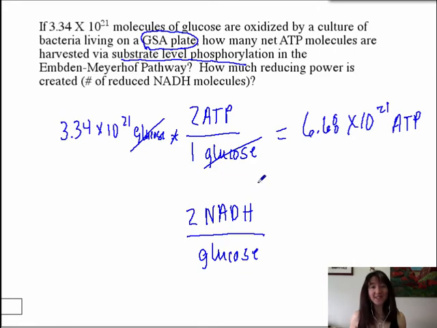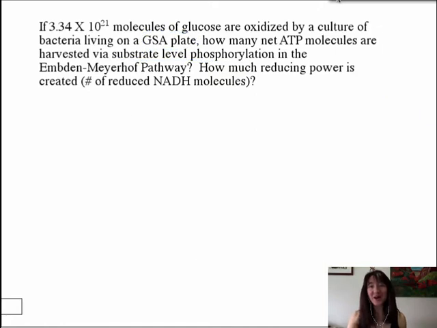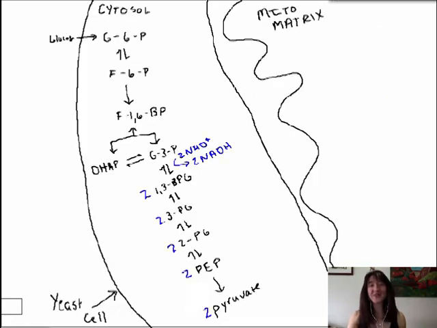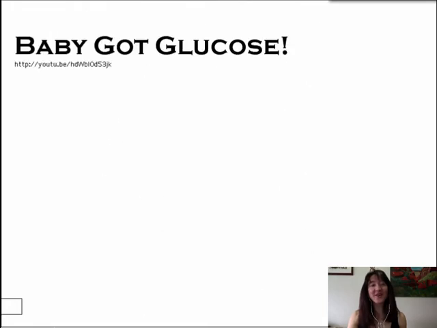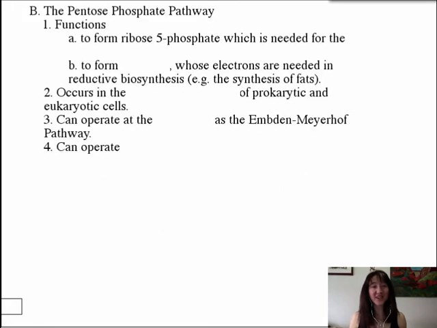We need to now proceed along to talk about an alternative glucose degrading pathway. This pathway is called the pentose phosphate pathway. I kind of like its alternative name, the hexose monophosphate shunt. And I'll show you why I feel like that is a very descriptive name for the pathway. So the hexose monophosphate shunt. In this pathway, I'm going to label it by both of its names, the pentose phosphate pathway or hexose monophosphate